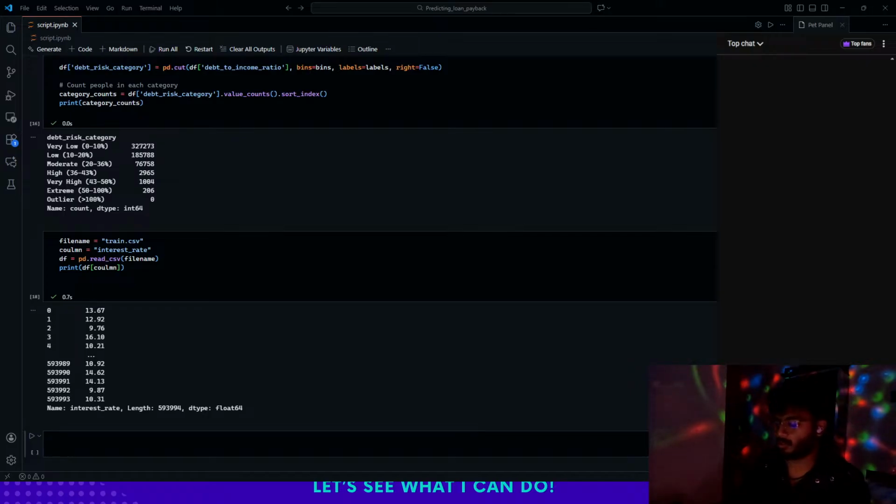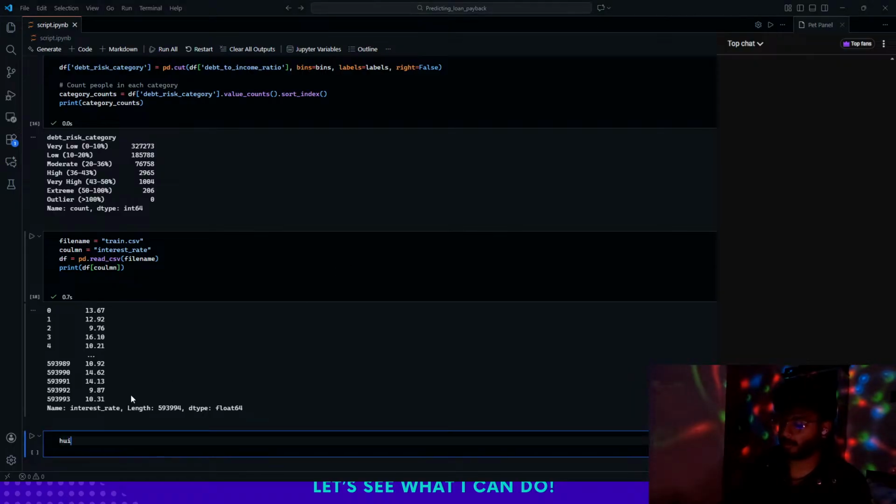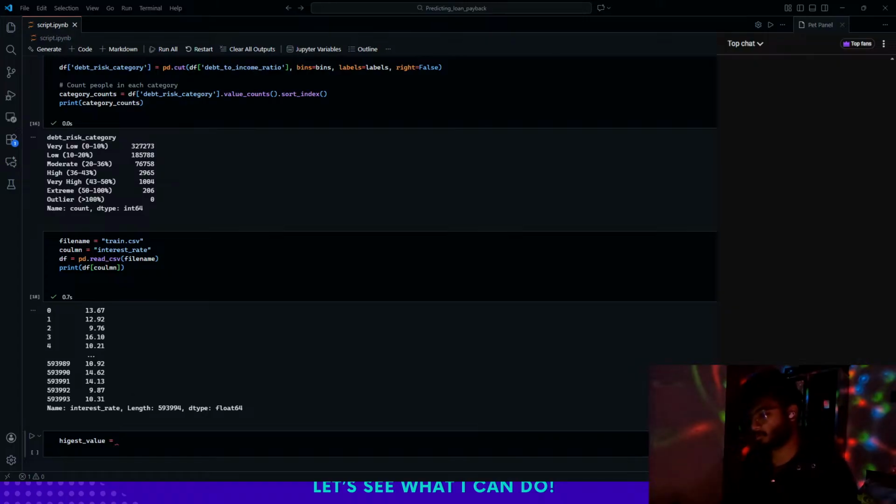I have here which one? Here DB column basically highest underscore value and equals to